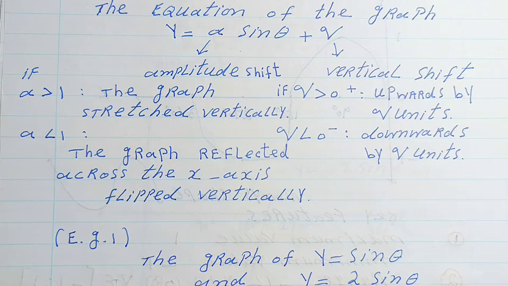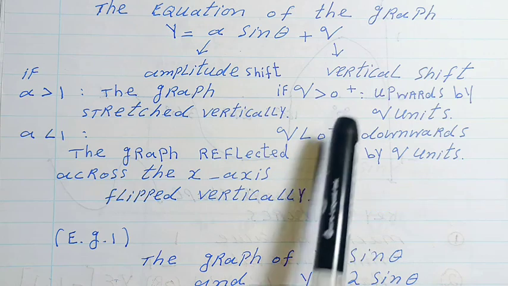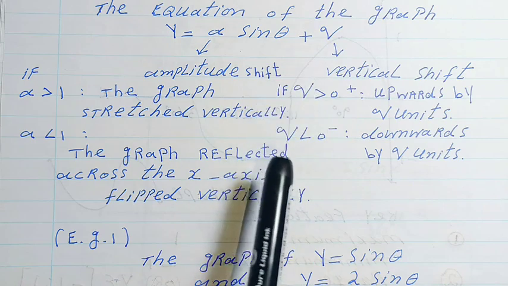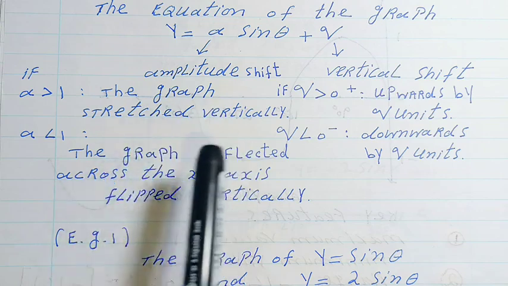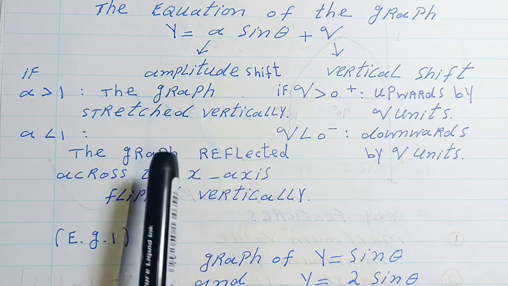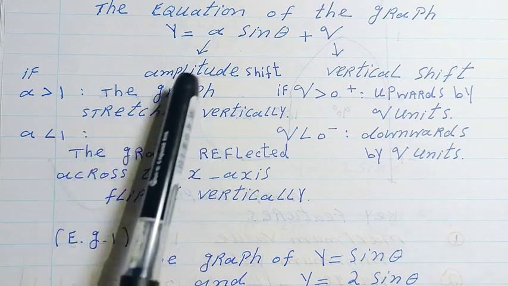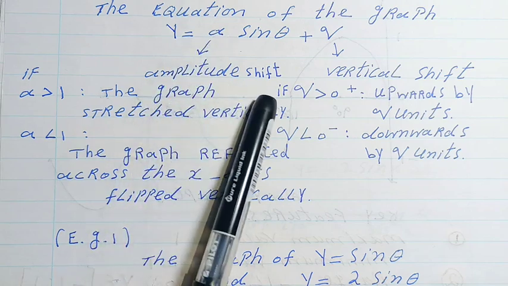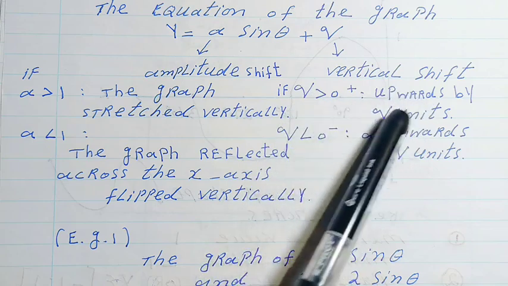I want to show you now about the equation of the graph y is equal to a sine theta plus q. I just want to minimize the video, so I write the concepts, then I'm going to explain to you now one by one. So the a stands for amplitude shift and the q stands for vertical shift,